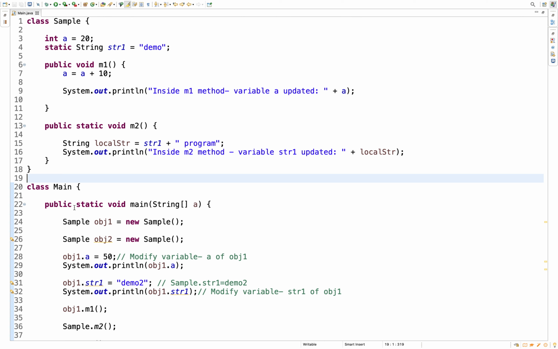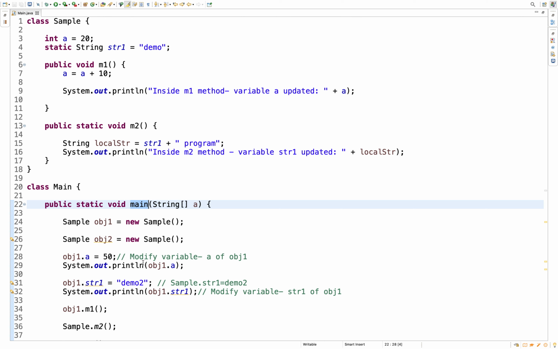Before that, I want to tell you what we are doing in the main class. In the main class, we have a main method defined, where we are creating two objects of the Sample class. This is just to access the class members.